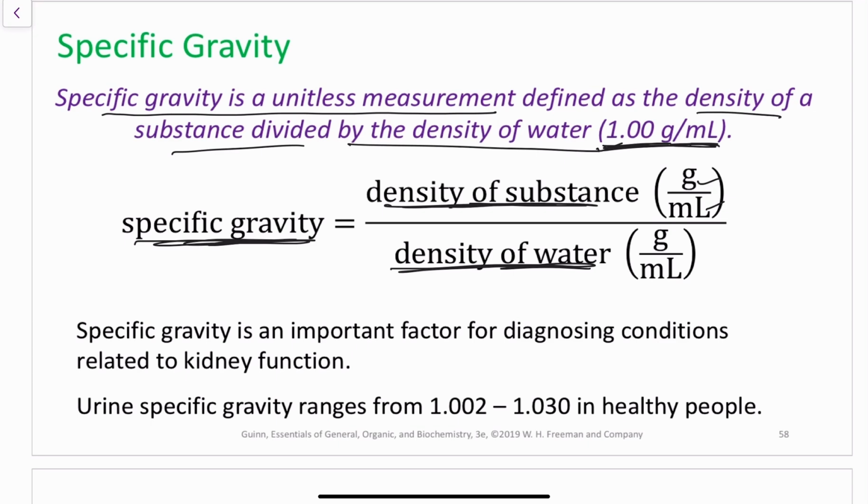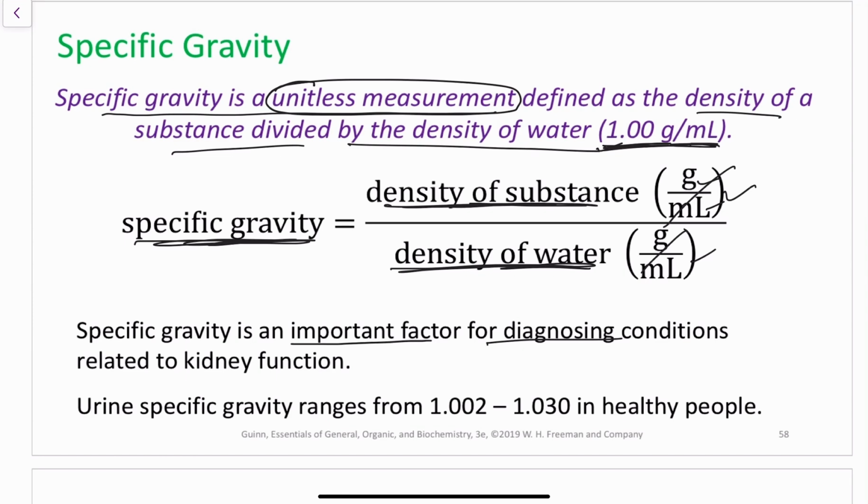If the units are both on the top and the bottom, they're going to cancel out. That's why specific gravity is a unitless measurement. They don't have any unit, right? And why do we need to figure out the specific gravity? Because this is an important factor for the diagnosis of several